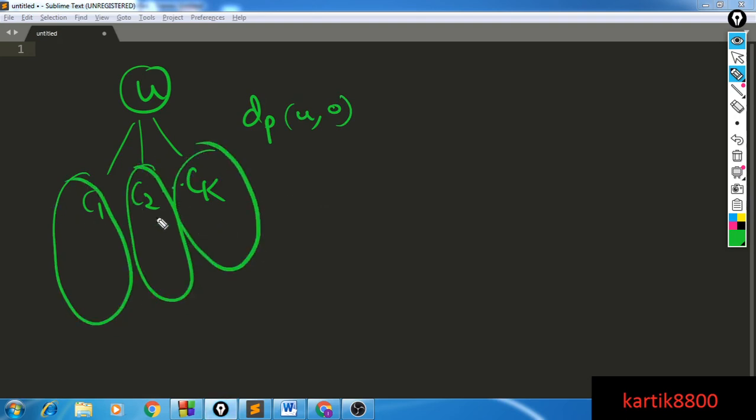And as we saw, the answer to my overall problem is nothing but the maximum of dp of 1 comma 1 and dp of 1 comma 0. So for these problems, these are the same as the original problem. So their answers are also going to be similar, right? So the answer for this guy is going to be nothing but max of dp of c1 comma 0 and dp of c1 comma 1.